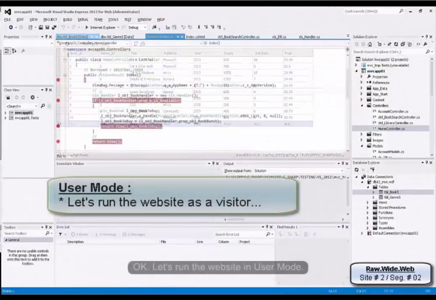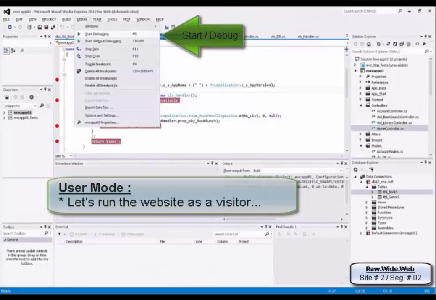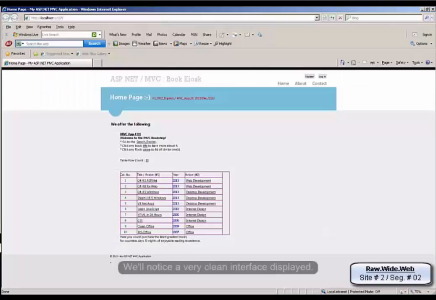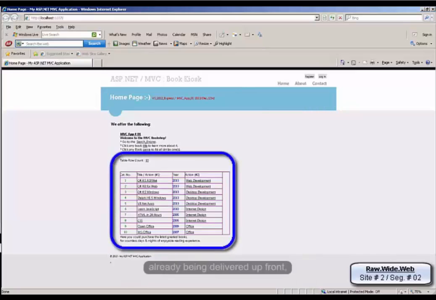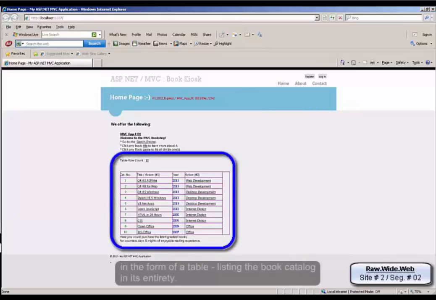Okay, let's run the website in user mode. We'll notice a very clean interface displayed. First off, a short copyright notice and current version. Second, some data that's already being delivered up front in the form of a table listing the book catalog in